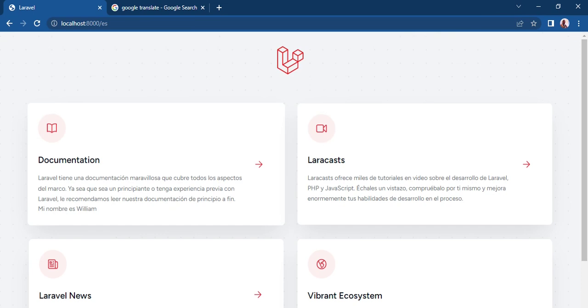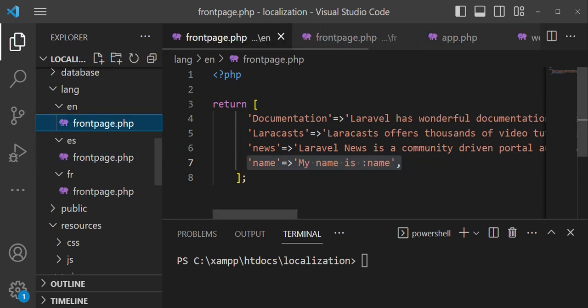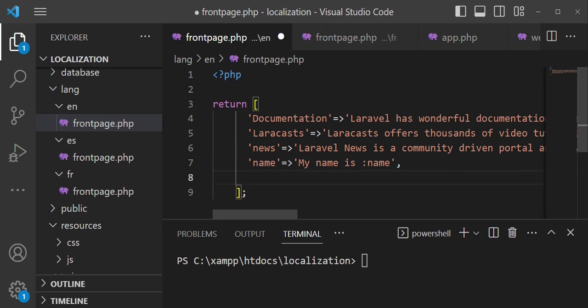One last thing that I would like to do before we finish this tutorial video is also to see if we can have conditional translation. So maybe something that is singular being pluralized or something of that sort. So even for that, I would like to just do one thing here. So I'm going to have another key, and I'm going to call it experience, and we are going to say